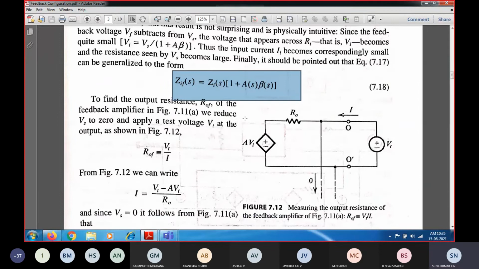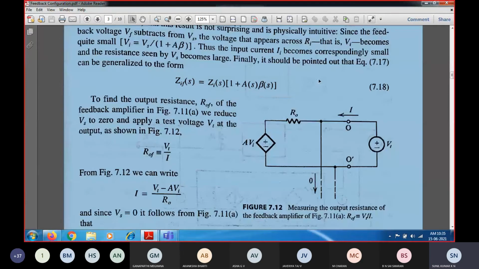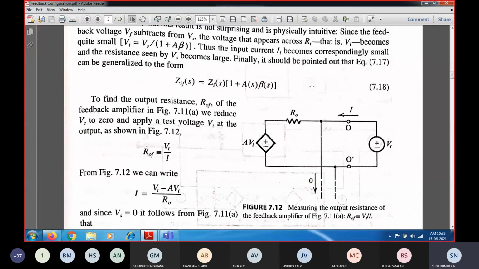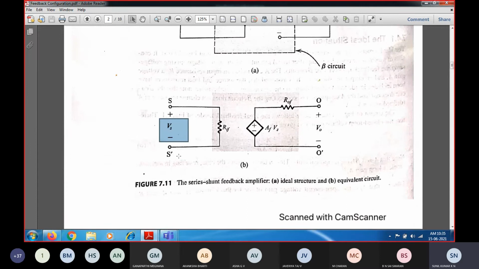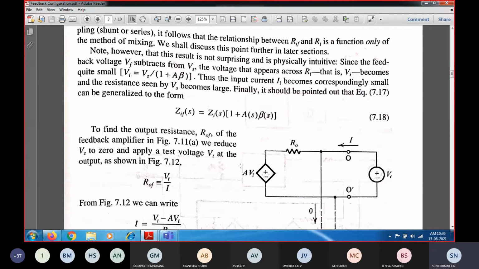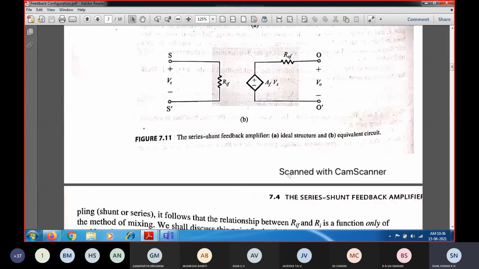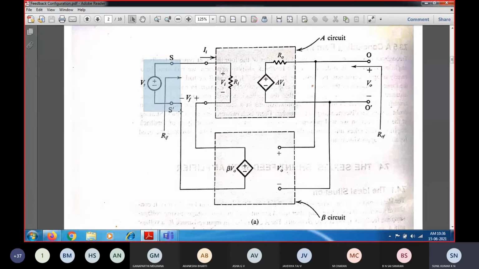Now we can find the output resistance with feedback. We are going to obtain the relationship between ROF and R0. For this, the input signal source is to be set to 0. If I connect Vs equal to 0 in this circuit, the feedback RIF will not come into effect, and we have the output side expression as this: A times Vi. Now the entire input side is reset to 0, and I am considering only the output side, this figure only, not the equivalent circuit.